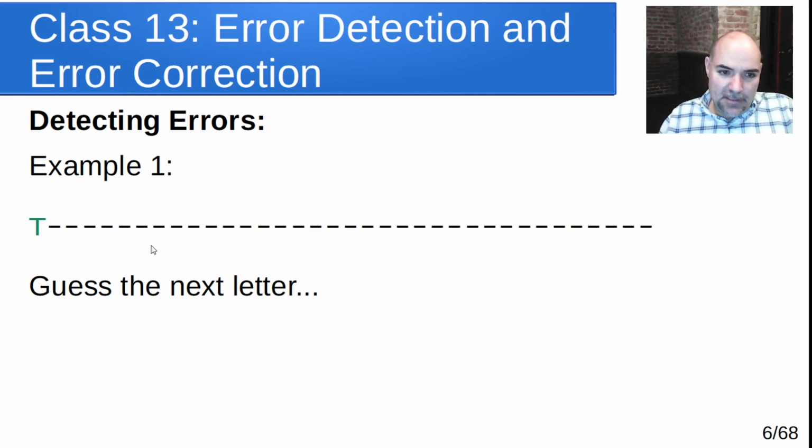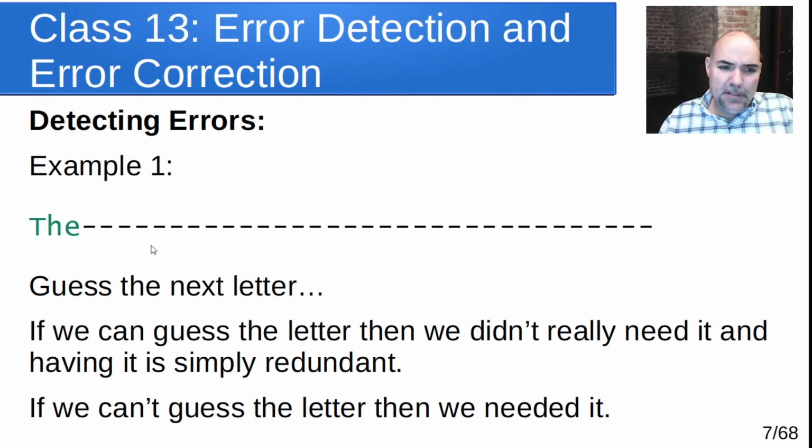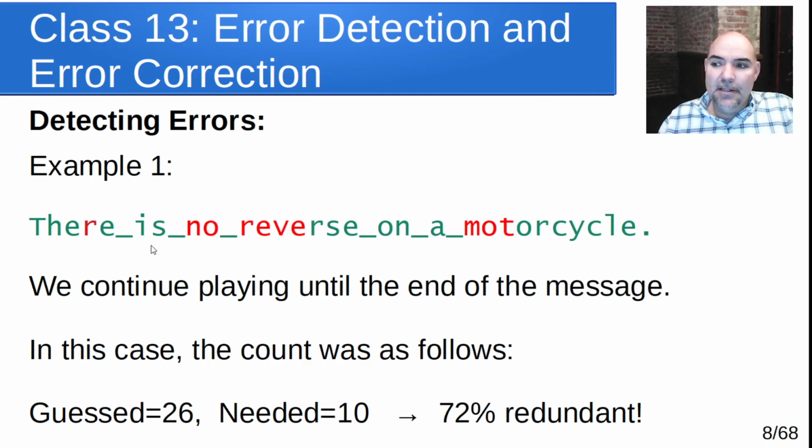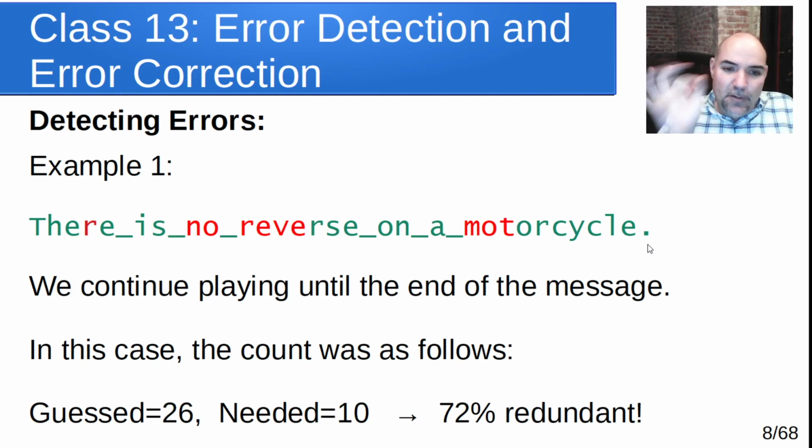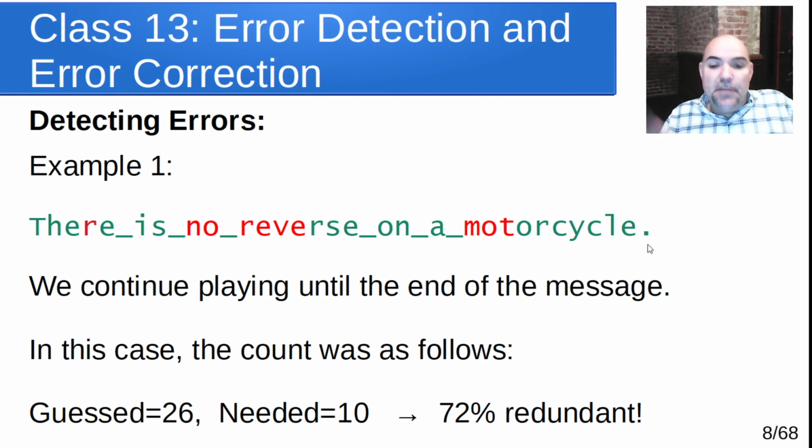And then we might try to guess the next letter, or next few letters, in this case T-H-E. Okay, so we got all three of those. Those are green. And then maybe we continue that process. Red is ones where we didn't guess. Maybe we guessed a space and said it was an R. But if you were to go through and play this game with somebody else, where you pick a phrase like this, and then have them guess the letters, give them the ones that they guess, write them in green, the ones that they don't, write them in red, and then you were to count up how many they could have guessed correctly versus how many they couldn't have guessed, then you're going to end up with something that shows the